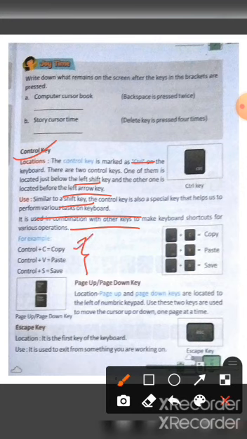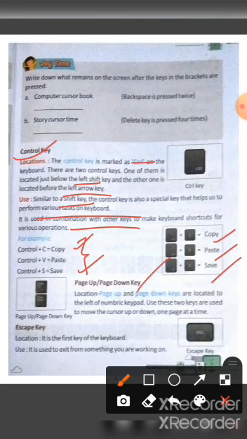Control plus V, we can paste anything. Similarly, Control plus S, we can save our files. So, Control plus C is equal to copy, Control plus V is equal to paste, Control plus S is equal to save.